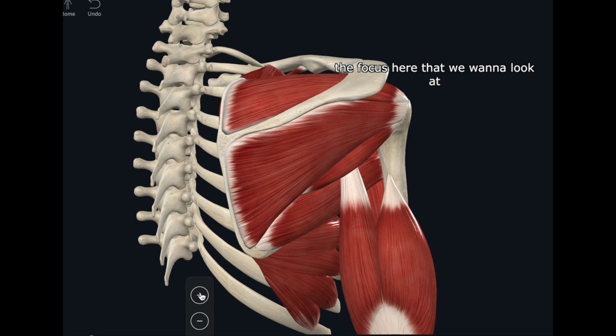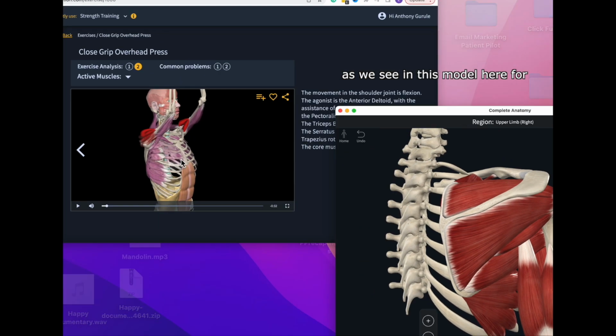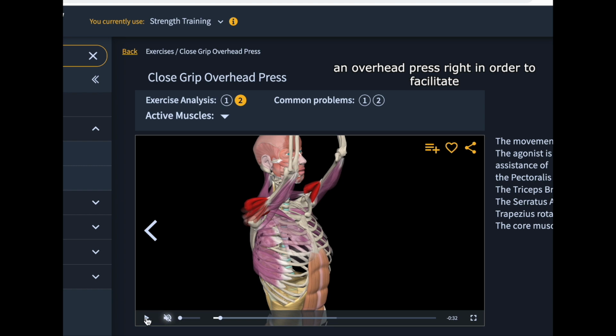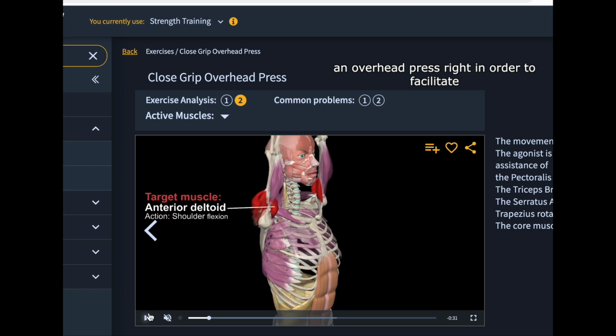But the focus here that we want to look at is very commonly we have restrictions from the teres minor, teres major, and the lats that come through here and or the posterior capsule, restricting the amount of movement that we can get from the upper arm to here. Remember, as this comes up overhead, as we see in this model here for an overhead press, right? In order to facilitate this motion, we can't see this backside completely, but you can see this upper arm,